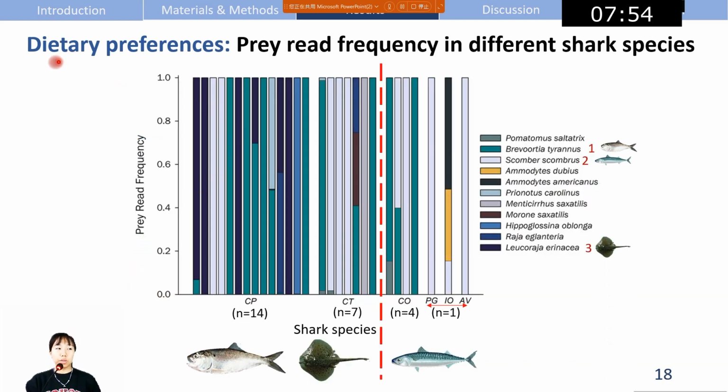Another way to know the shark's dietary preference is to use prey rate frequency in different shark species. In this bar chart, below the chart is the abbreviation of the shark species, and on the left side of the chart is prey rate frequency. So we can see that on the left side of the line,